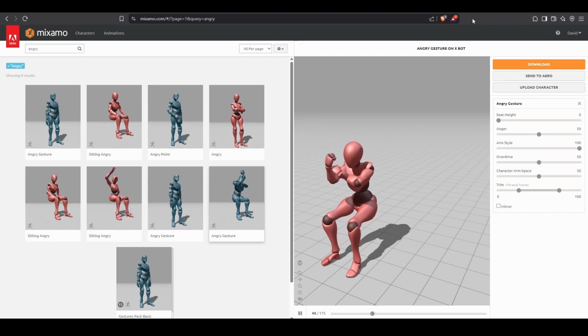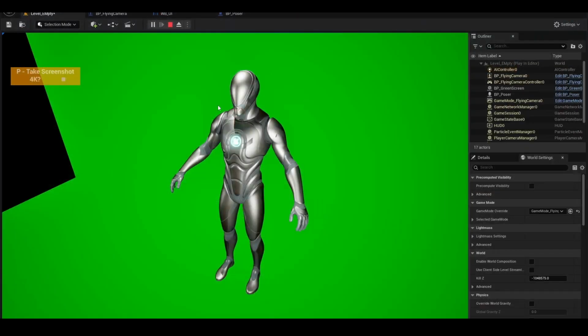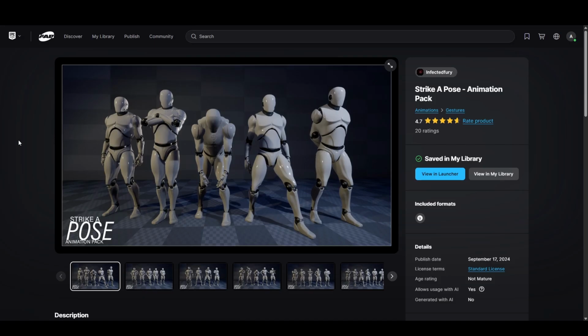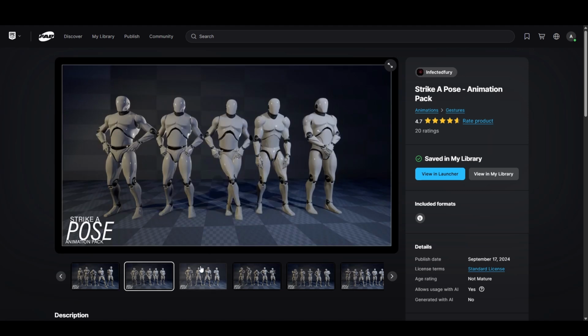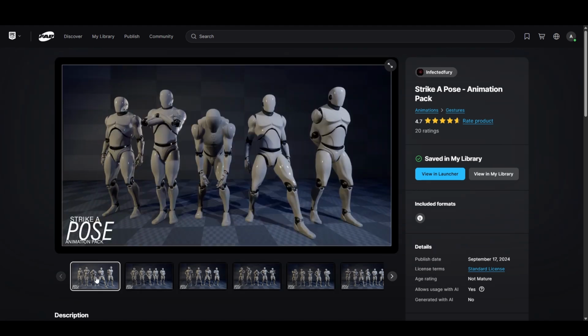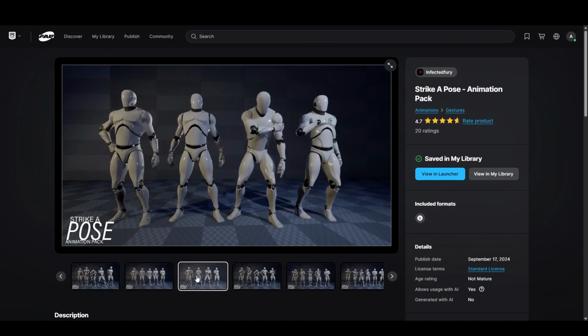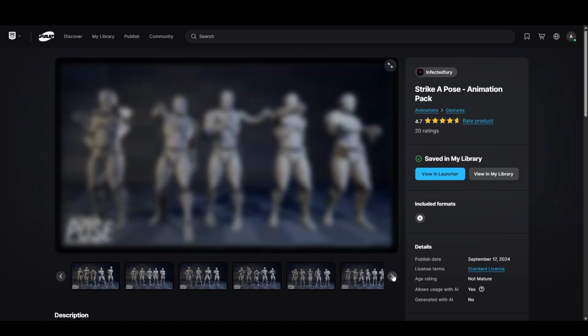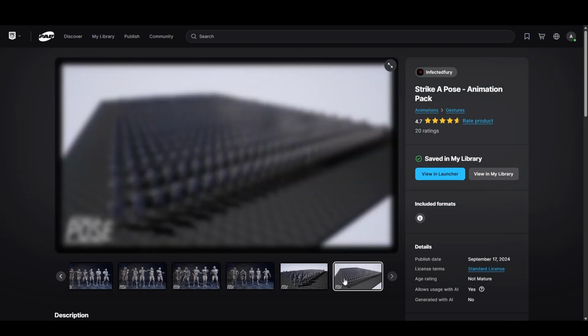But for now, I'm going to go ahead and import animations of my own and show you how to implement them correctly. The one I'm going to be using here is one I already own. I believe it was from a free event, since every month Fab drops about two or three that you can use for free. Not nearly as good as it used to be before Fab existed, but still good that they're giving it away for free. But I have this pack here, which gives you hundreds of different poses,